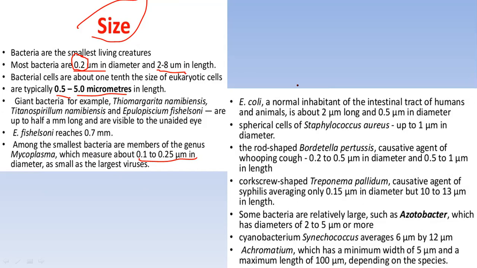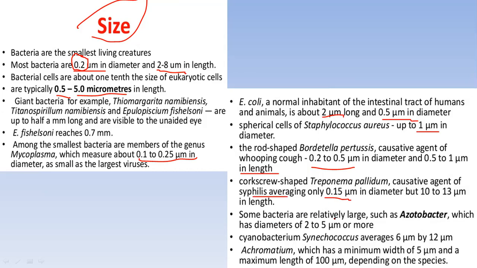E. coli is almost 2 micrometers long and 0.5 micrometer in diameter, and Staphylococcus aureus, the rounder spherical one, is 1 micrometer in diameter. Rod shaped Bordetella pertussis, the causative agent of whooping cough, is 0.5 to 1 micrometer in length. Corkscrew Treponema pallidum, the causative agent of syphilis, is 0.15 micrometer in diameter and 10 to 13 micrometers in